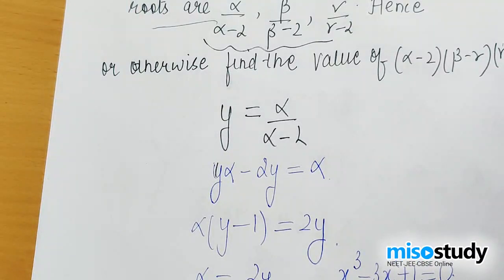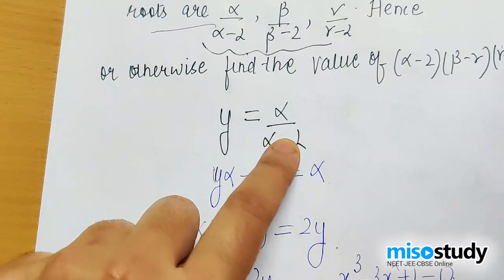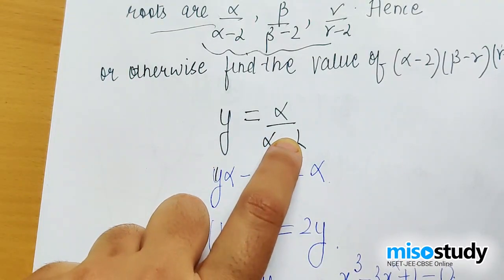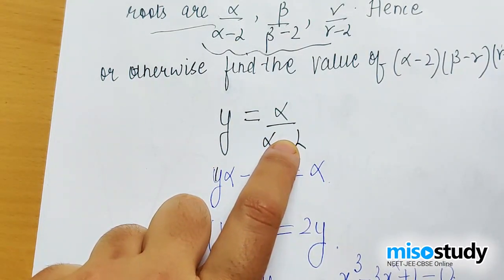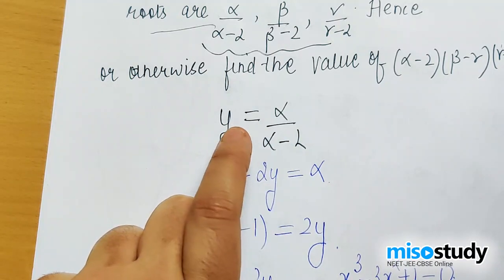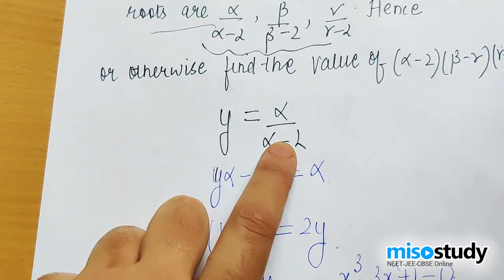Now I wanted a cubic equation having these as the roots. So whenever I am given something like this in which alpha beta gamma, even if replaced, will give you the same values, I mean they look identical, just in place of alpha if you put beta you get the same root, we should always use the transformation. And how do you use the transformation? Since you want to form a cubic in y, let us assume this y. Since this is supposed to be a root of the equation to be found in y, that means your y must satisfy the equation.